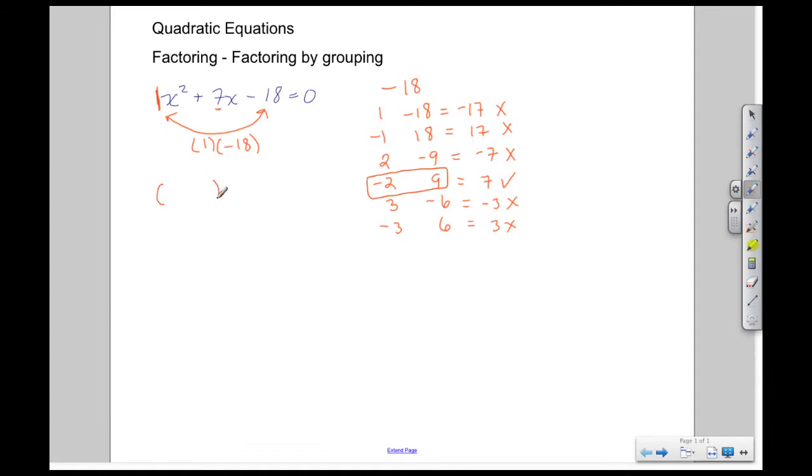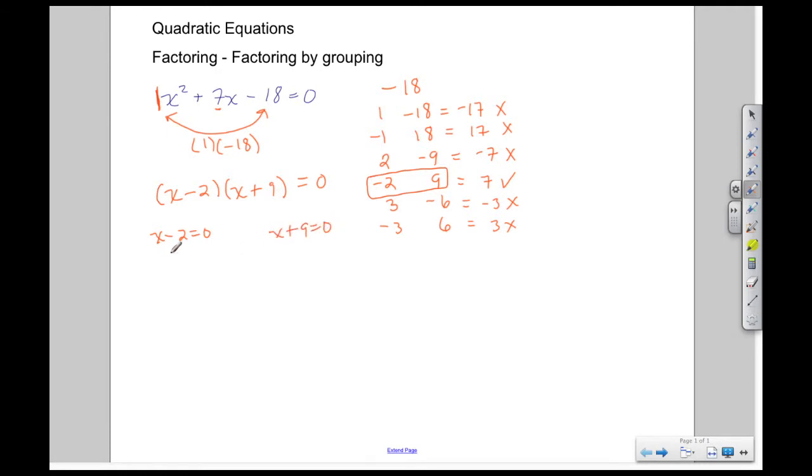So we start off with our two sets of parentheses here. To the left we place our variable, which is x, and I'm using negative 2 and a positive 9. Now I know that to make this entire equation 0, one of these factors has to be 0, so I'm going to set each factor equal to 0 and then solve.